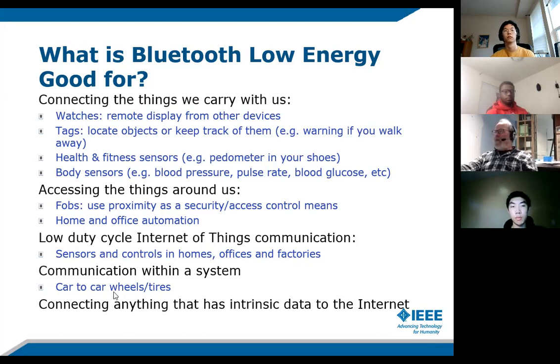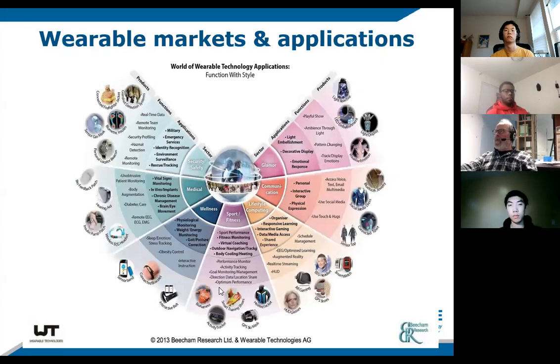And as I talked about, the tires and wheels can communicate to the rest of the car and tell you if the battery's getting flat or not. We can connect anything that has intrinsic data to the internet. And there's a pretty big wearables market. It would take a long time to explain this all in detail, but take a look at the PDF.